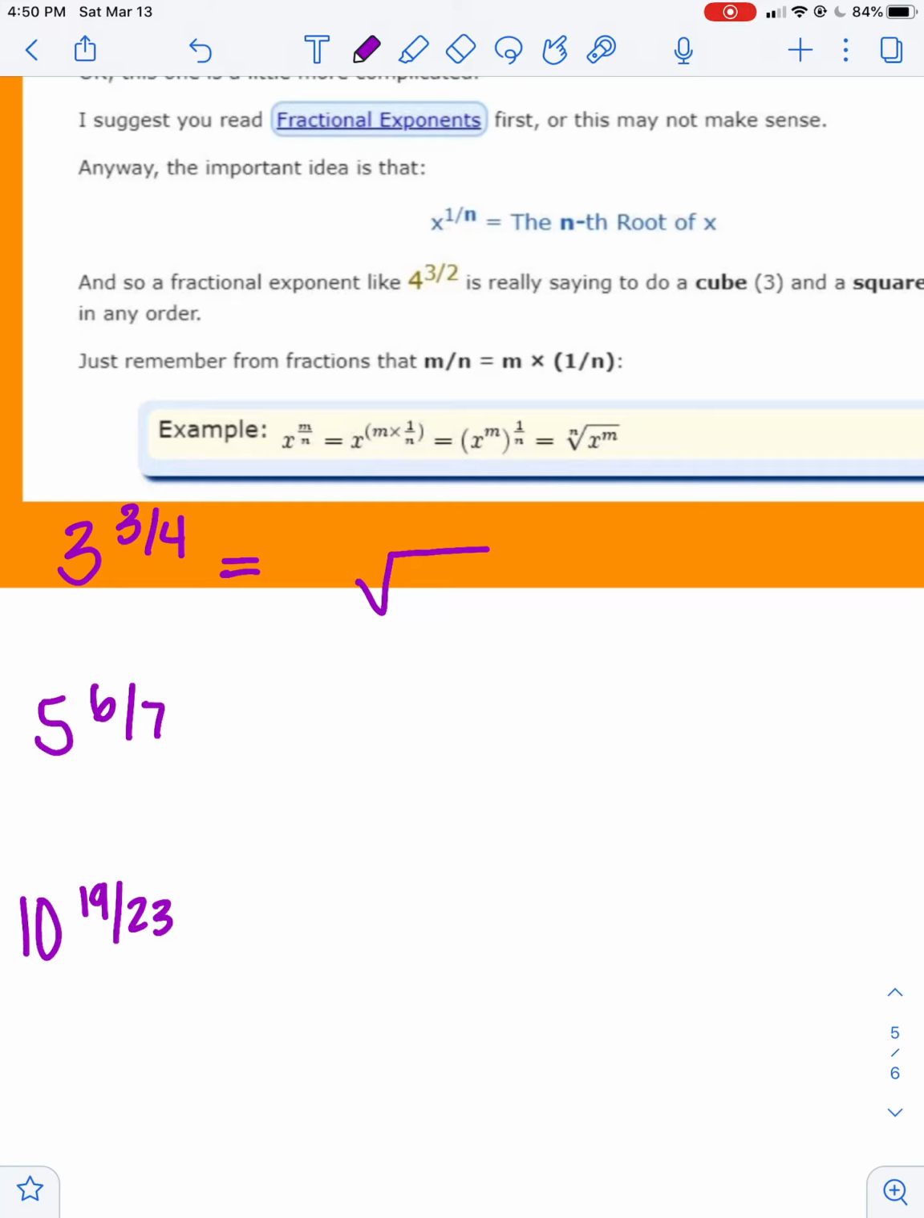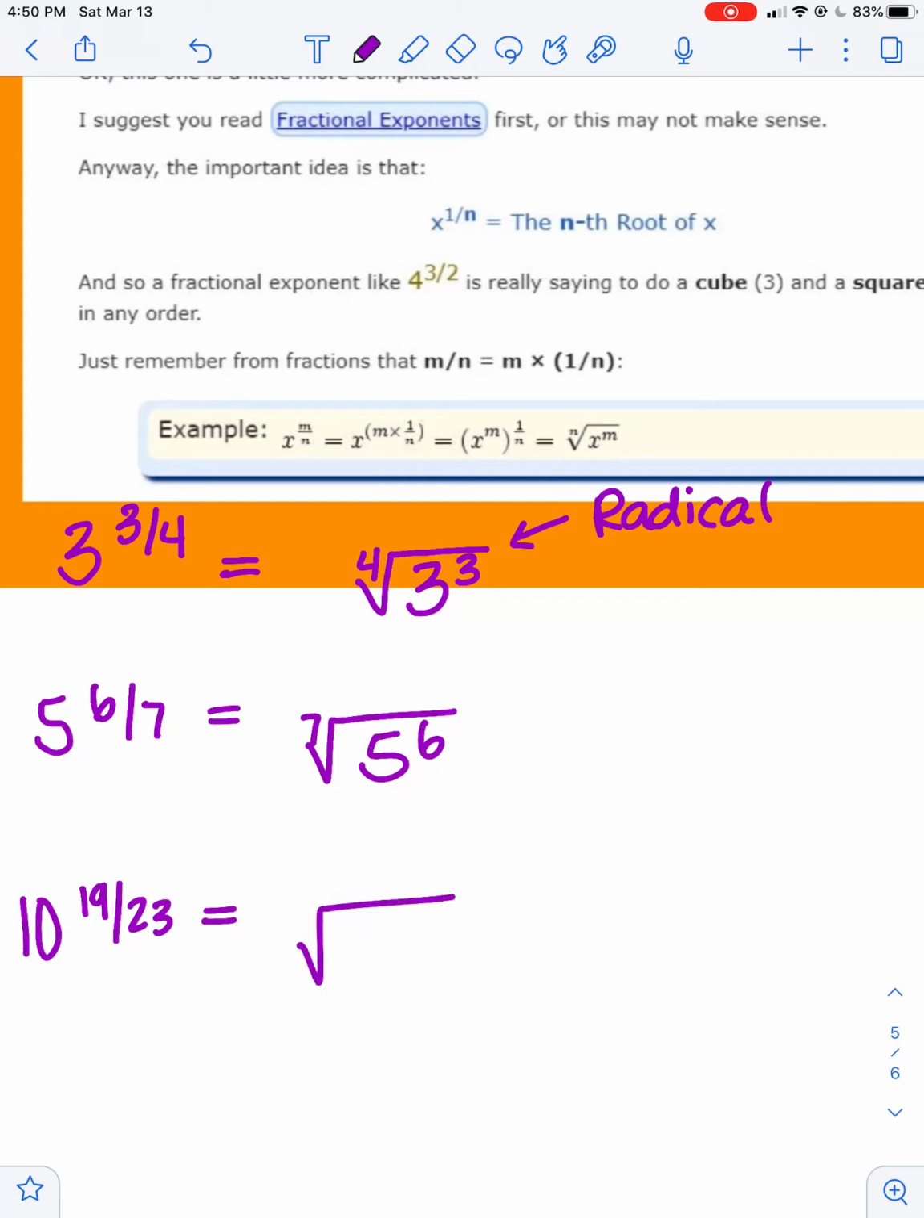So I'm going to draw my root symbol. This is called a radical. So you're going to start by drawing the radical. You're going to put the base in the radical. The numerator will be the exponent under the radical, and the denominator is going to be the root outside of the radical, okay? So that's the same 3 steps. You draw, the base goes in, numerator is the exponent, and the denominator is the root every single time, okay? And like I said, this is the one we're going to do the least with. So here I put 10, my base, in the radical, 19 as the exponent, and then 23